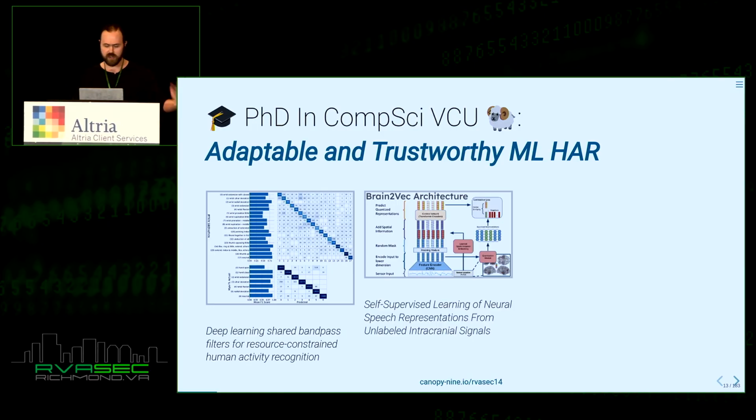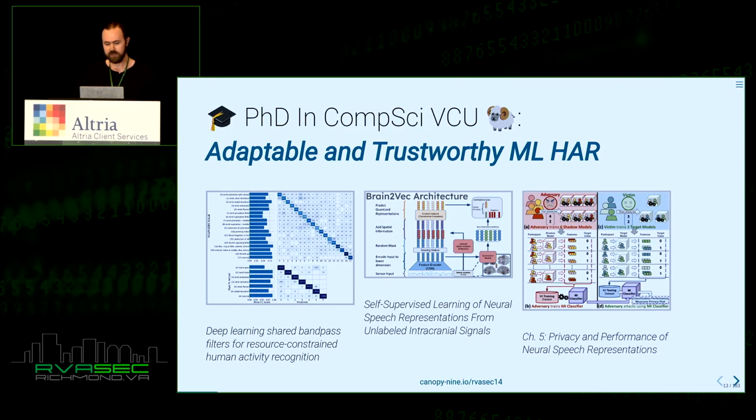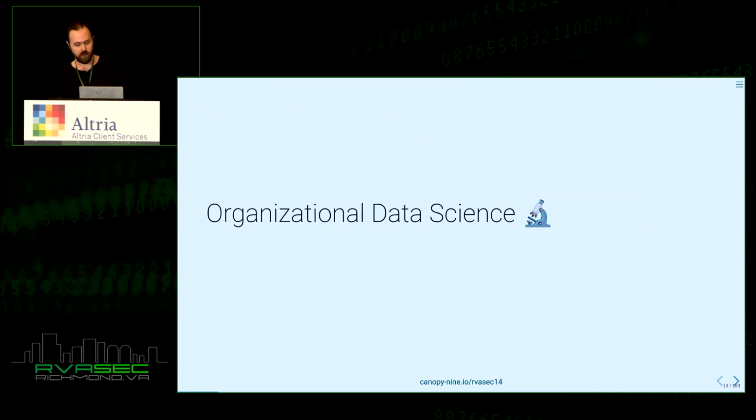Worked on neuroprosthetics, giving people the ability to speak if they've lost it, using machine learning models, using a lot of the same techniques that go into these large language models as well, just with brain data. And then the final cherry on top was to actually assess these brain models for risks of re-identification of the users who were contributing to these models, as well as membership inference for users who had contributed to the pre-training as well. So I've, of course, also worked as a data scientist at organizations.